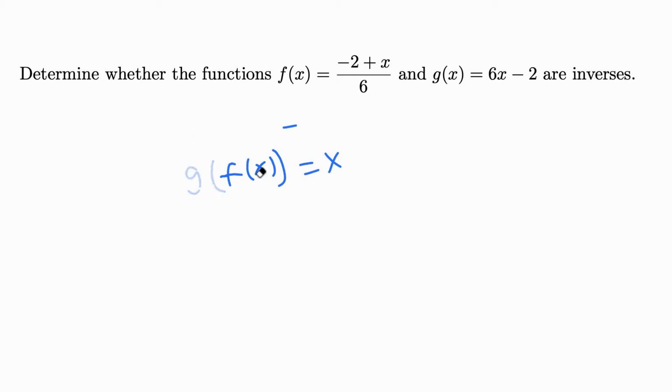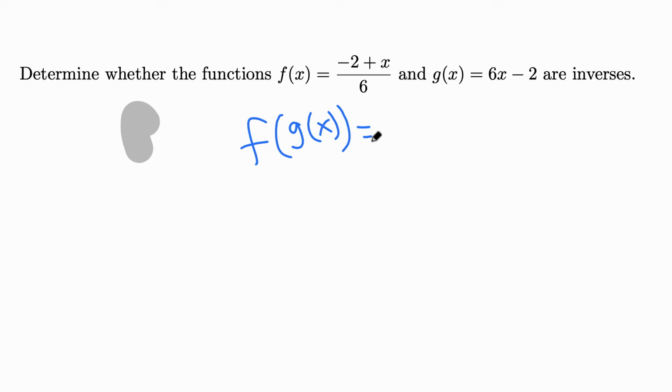So let's find f of g of x. F of g of x is equal to, just plug g into f. So f of g of x is 6x minus 2. Now this reads f of input, and look at here, f of input is negative 2 plus input over 6. So f of input is negative 2 plus input,